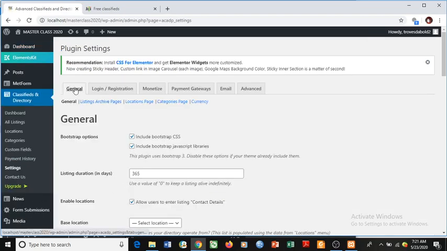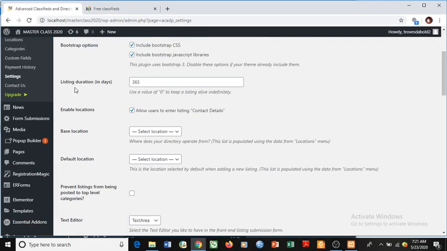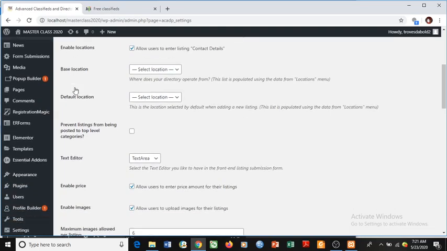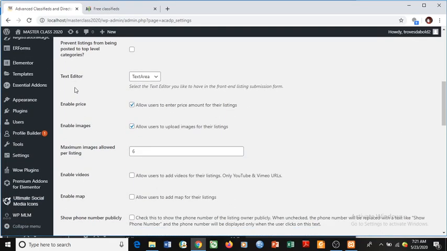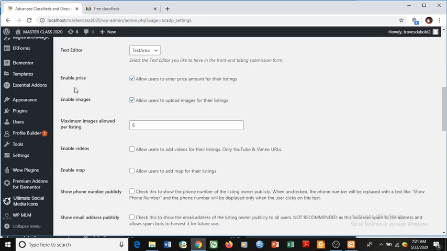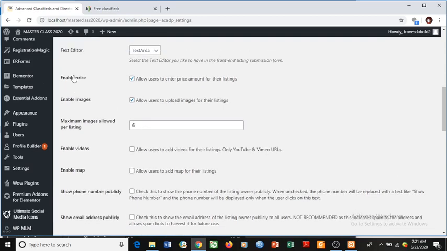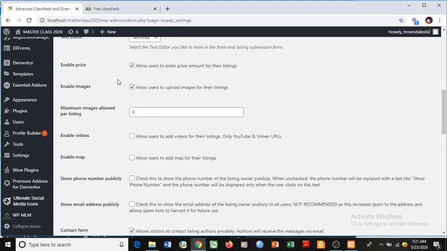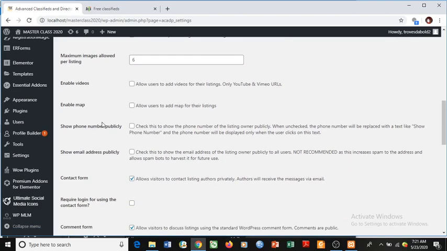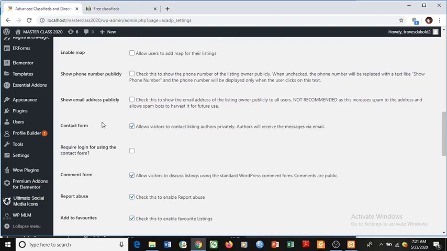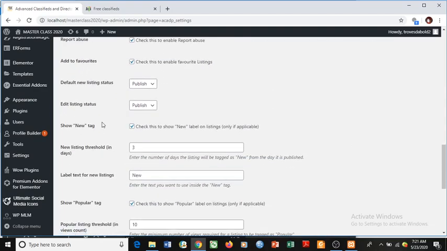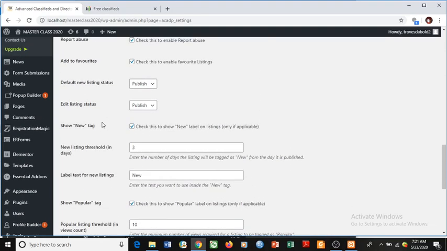Go to our settings. We have the general setting. In the general setting, you set things such as the number of days or the duration a listing will appear on your website, the text editor, whether you're using text area or WP editor, whether you want to be collecting money for people to make their ads featured, you come to enable price and do that. If you want to use images to display people's ads, you use here the number of images that a particular user can upload for each ad, and so on and so forth. A lot of other settings that you can see here,